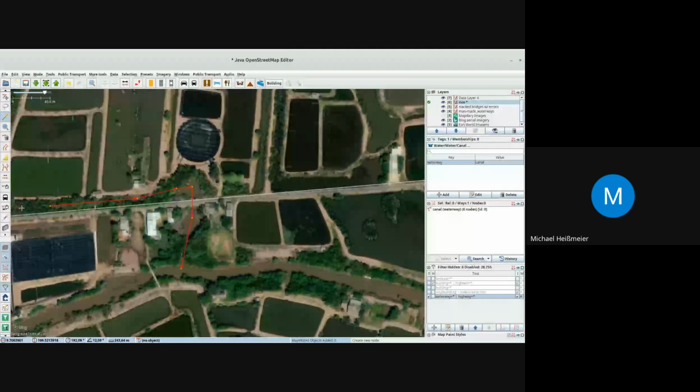Again, you can use this double split tool. Say the culvert will extend from here to here. As I was doing this on a waterway, it automatically assumes I'm going to map a tunnel. So that's a really clever tool. I could, of course, manually change anything. And it adds layer -1, even easier here in this case now.